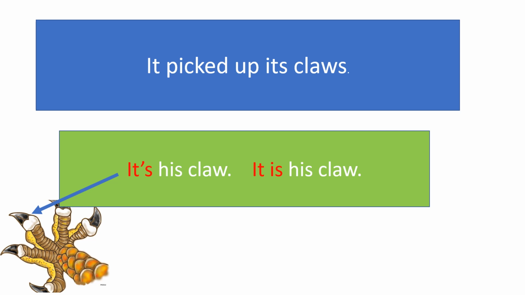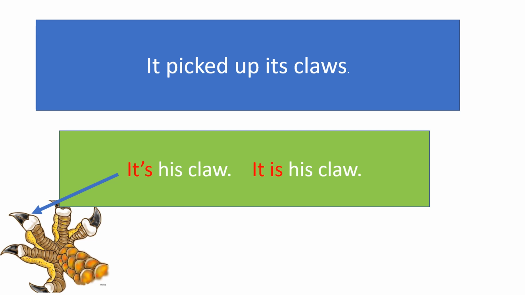Oh, there's some claws there in that picture. We're talking about some kind of bird or a bit of a monster, the size of those claws. If we wrote it, apostrophe s, it's his claw, we're actually saying it is his claw, and that's not what we're doing today. We're looking at personal pronouns, and how we use pronouns in the sentence, and we're looking at the pronoun its.